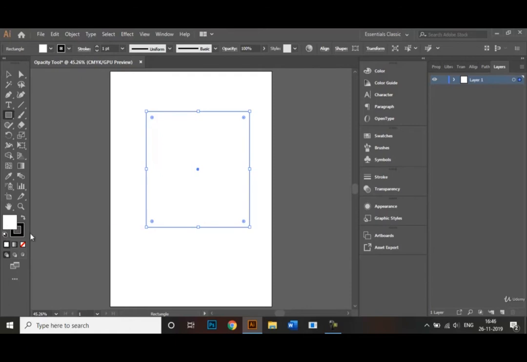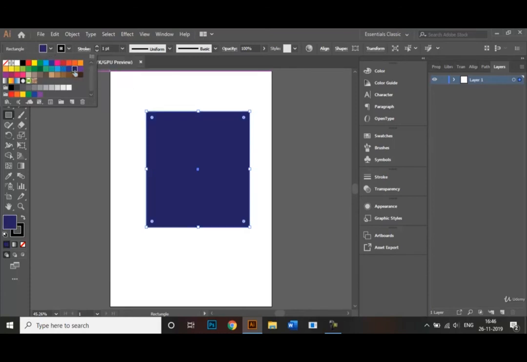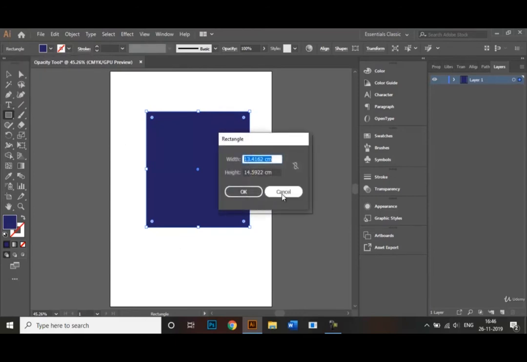So let's change this. Instead of white, let's choose one solid color like dark blue, right? And I'll also remove the stroke like that, and there you go.